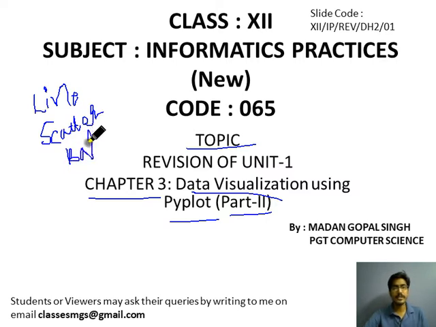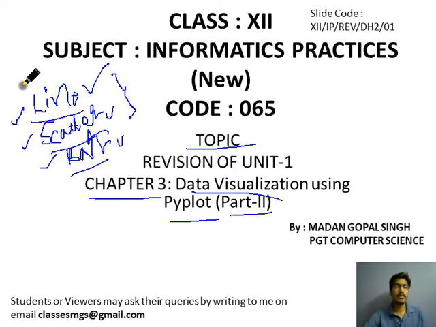We discussed three topics in our last video, part 1 of data visualization, in which we saw what a line graph, a scatter graph, and a bar graph are, and how to create them through the Python matplotlib library. We also discussed various properties like setting the title, limiting the x-axis, setting the labels for the x-axis and y-axis, adding legends, and modifying widths. So all these things we discussed in the previous video. If you didn't watch it, please watch that video first and then come back here.